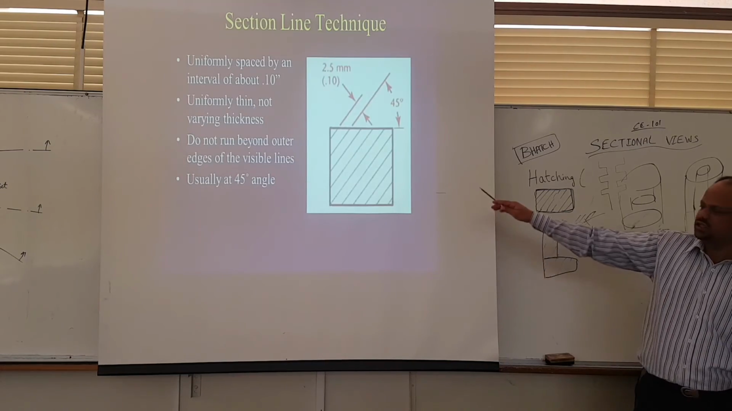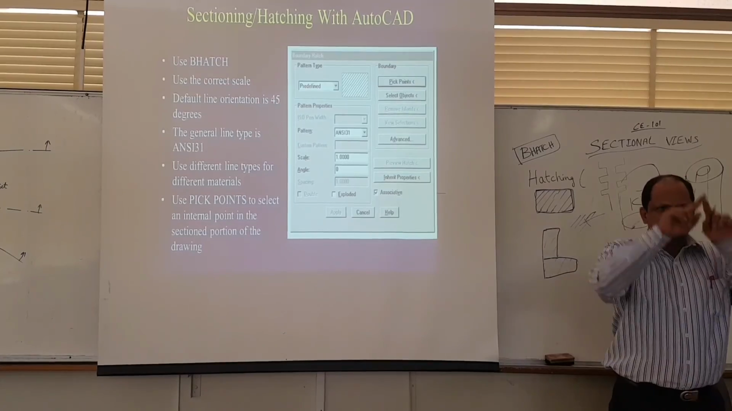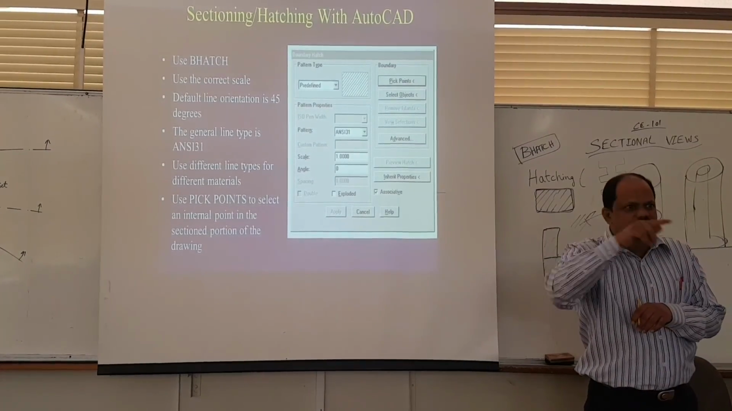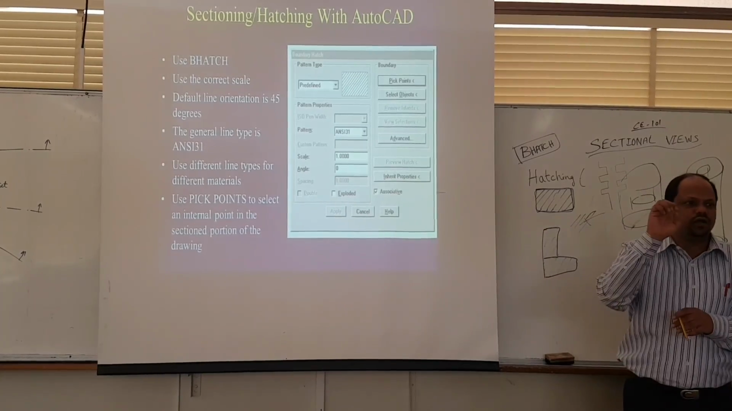Now, how to do the hatch? We have to use a command called hatch. Use hatch, B for boundary, basically. Hatch the boundary means draw the lines inside that boundary. So this window will come up as a